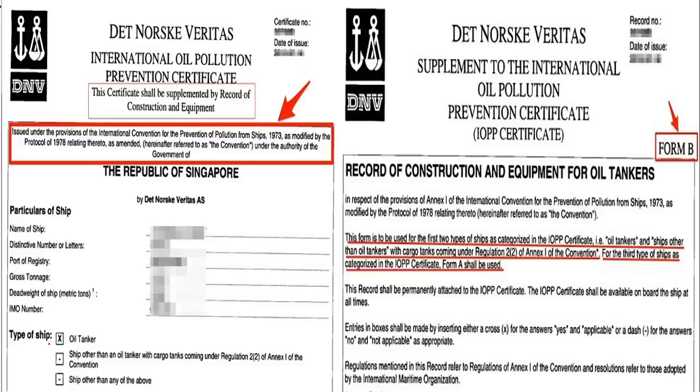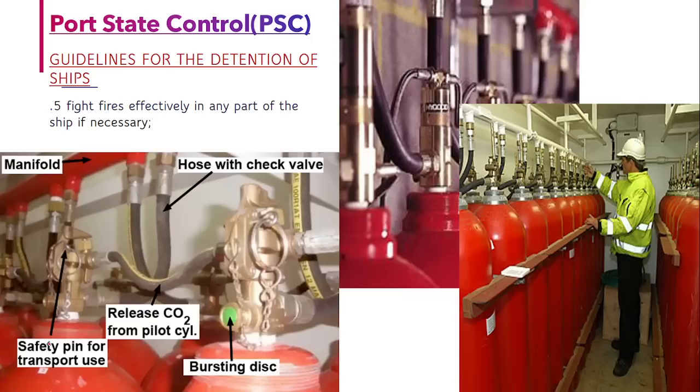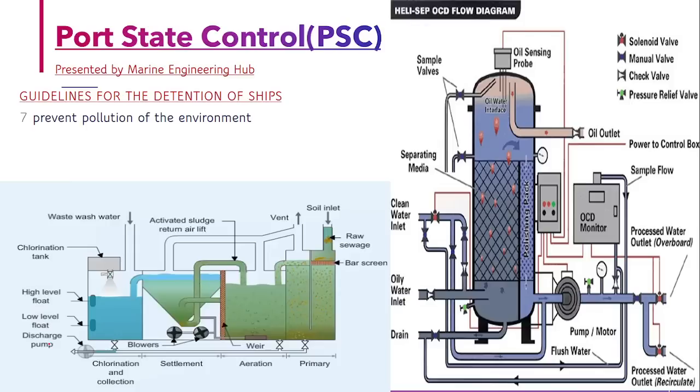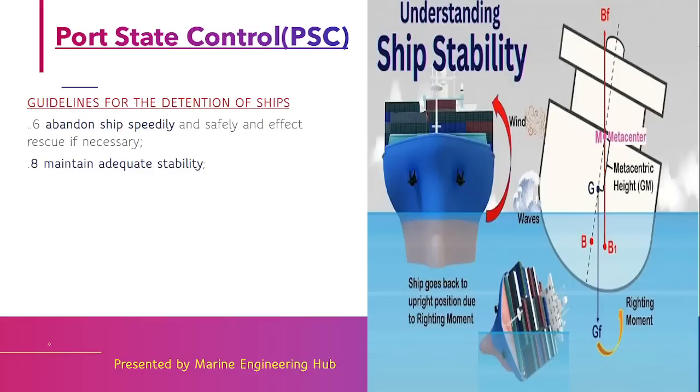If your important document is missing or falsified, if your fire safety equipment is not up to the mark, or your crew is not properly trained and does not know how to operate it, if your pollution prevention equipment is not working properly, or it is working but not in operation and you have not taken any dispensation, or the principal equipment is in fact missing, if your abandon ship procedure is not known to the crew, what action to be taken, or the chief officer doesn't know how to lower the lifeboat,